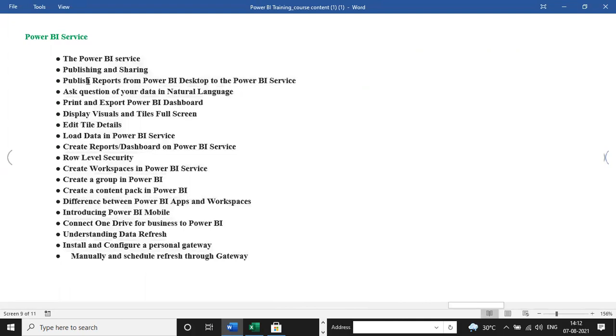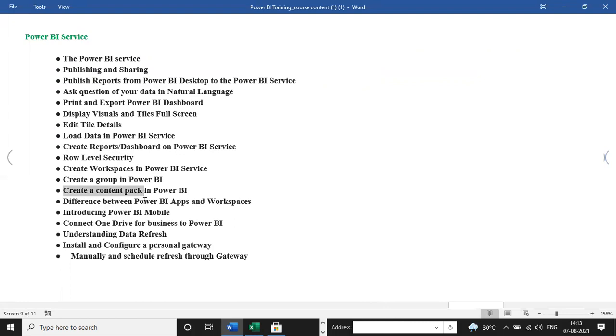And for the publishing, these are the steps: print and export, display visuals, tiles, full screen, load data in Power BI Service, reports, row-level security, create workspace, create a group. Suppose in a group you want just 2 or 3 persons, you can add only those 2 or 3 persons.